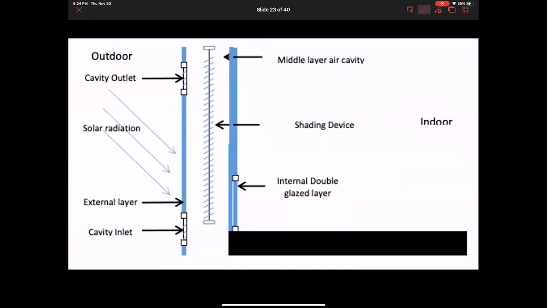So here again, we have the cavity inlet, the cavity outlet, we have the shade. So yes, it may or may not work for cooling, but that's your answer for NCARB. But just so you know, it has these other advantages that probably work. One is you can open the window. One is you can shade better and in a less maintenance intensive way. One is you can reduce pollution in cities. If